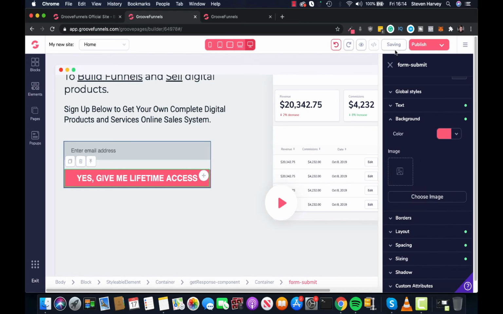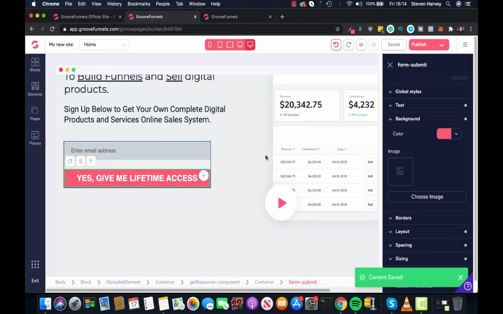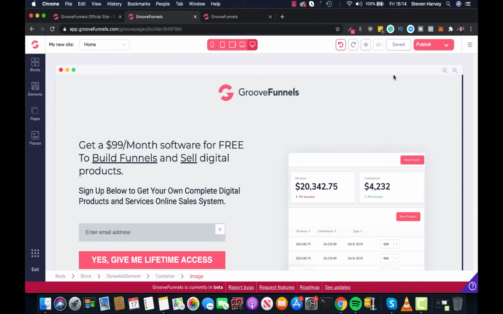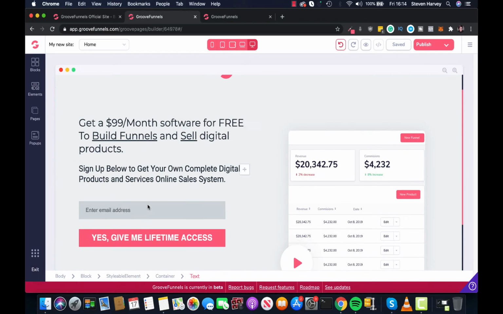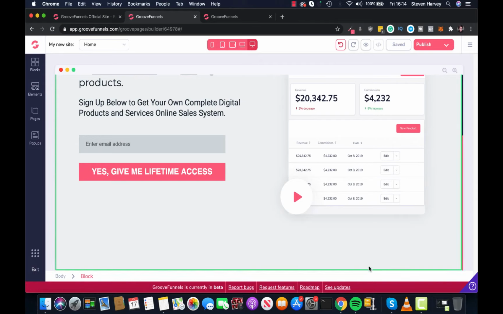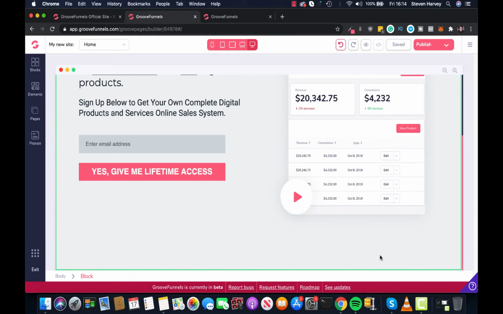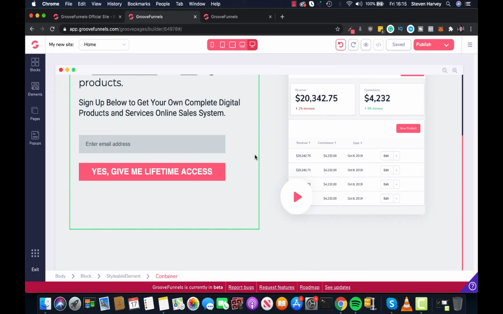So click save. I probably haven't been saving anywhere near as much as I should have. Okay, content saved. Great. So our form is coming to life. We've got the opt-in here, we've got our image, we've got our logo. All we need now is our footer. And if you're going to be running ads to this, which I recommend that you do, you need a privacy policy page and you need a terms of service page. So we'll go add those in, and then we'll also connect up our autoresponder, which for this tutorial we will